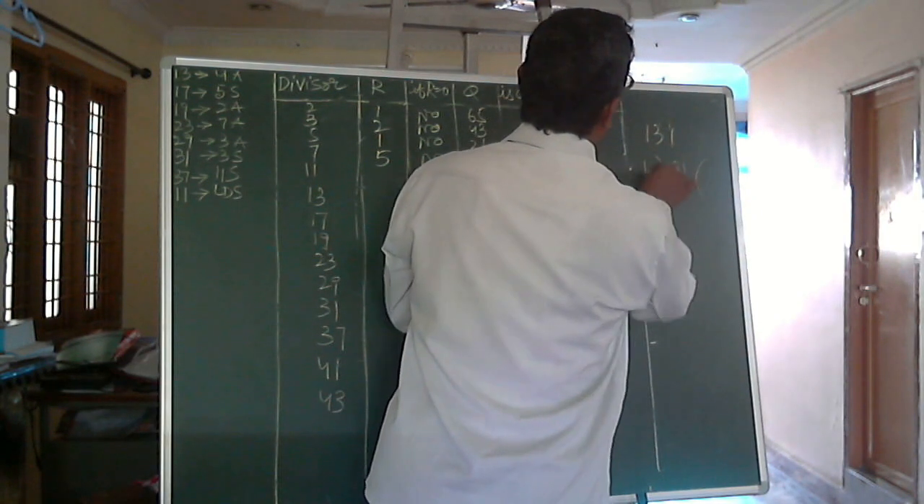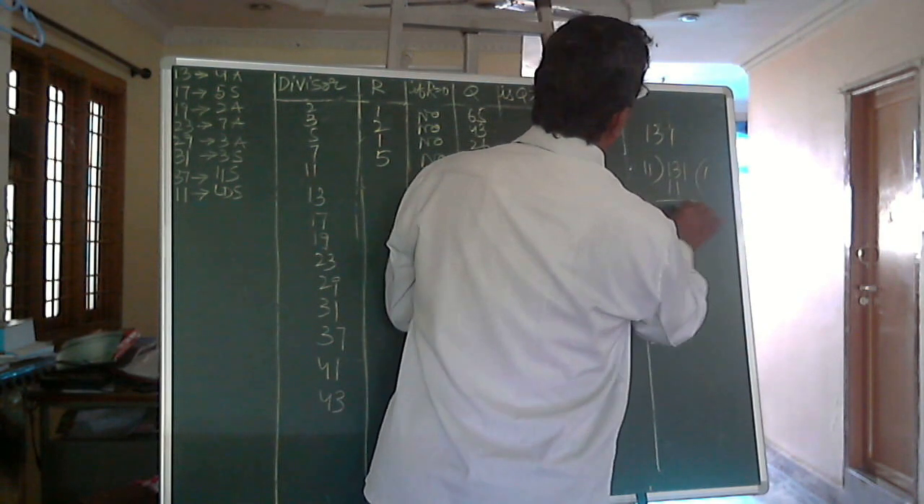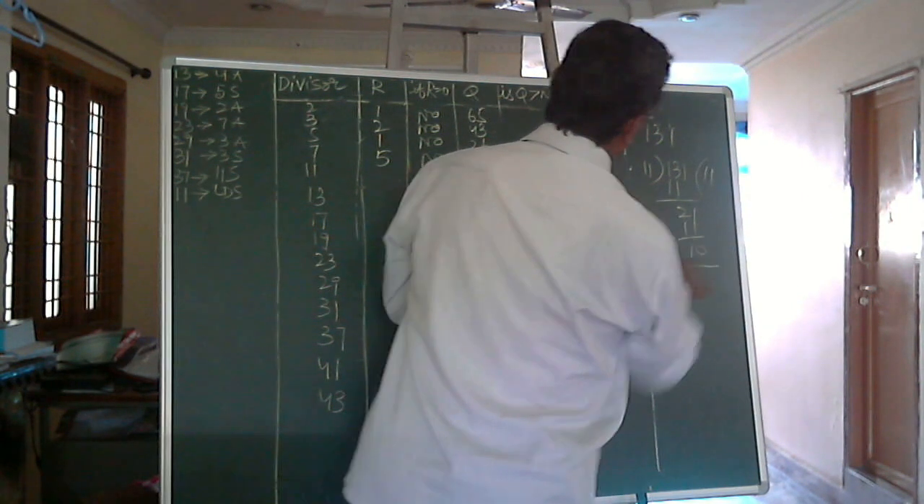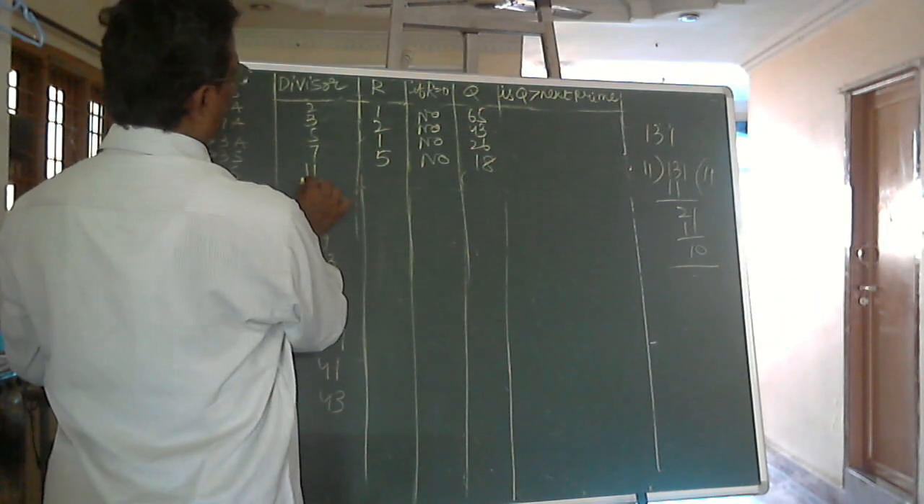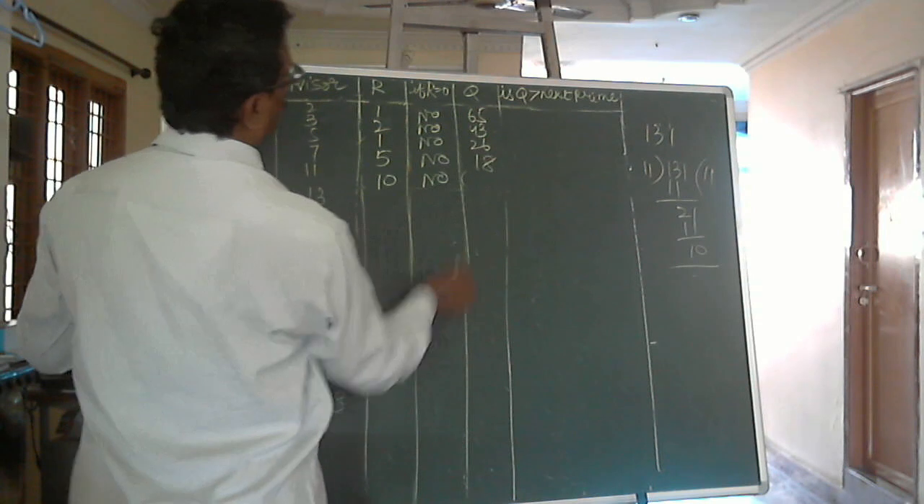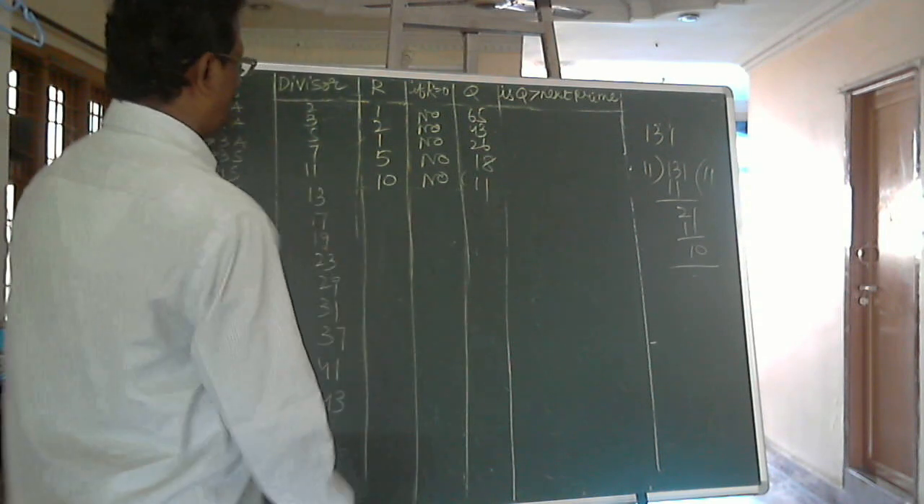131 divided by 11. 11 one time, 2 1. Again 1 time 11, 10 is the remainder. On dividing by 11, we are getting remainder 10. This remainder 10 is not equal to 0 and quotient is equal to 11. Now,